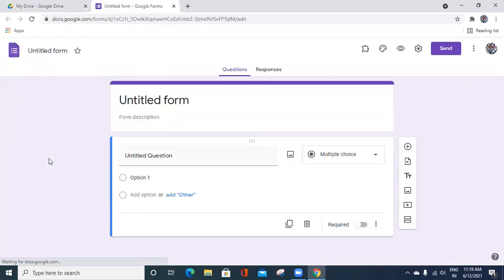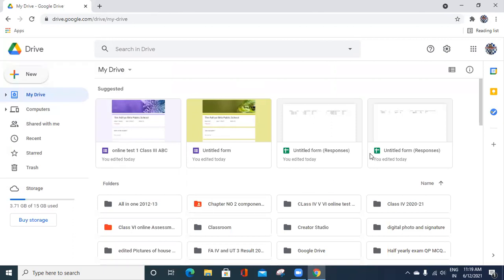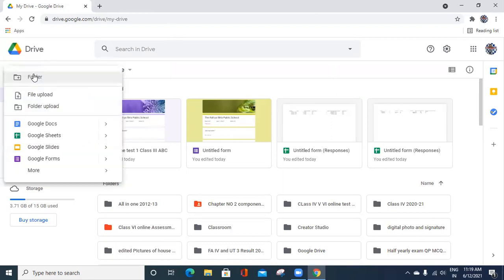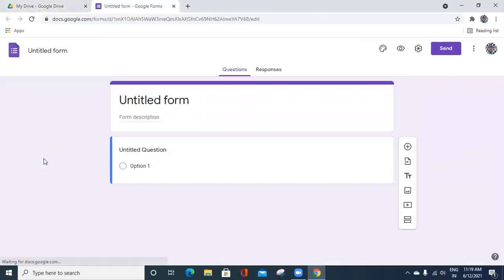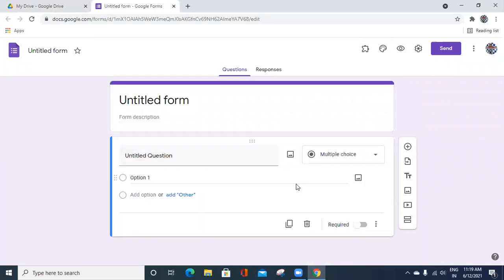Now this is how the Google Form gets open. I hope you understood this. I will repeat one more time if you want. This is your Google Drive. Here the plus sign is at the left side, and there is New. You click on New. Then here Google Sheets, Google Slides, and Google Forms. Other options will come, blank or this. You can also take blank. Just click Google Forms. The form gets open. This is your Google Form.